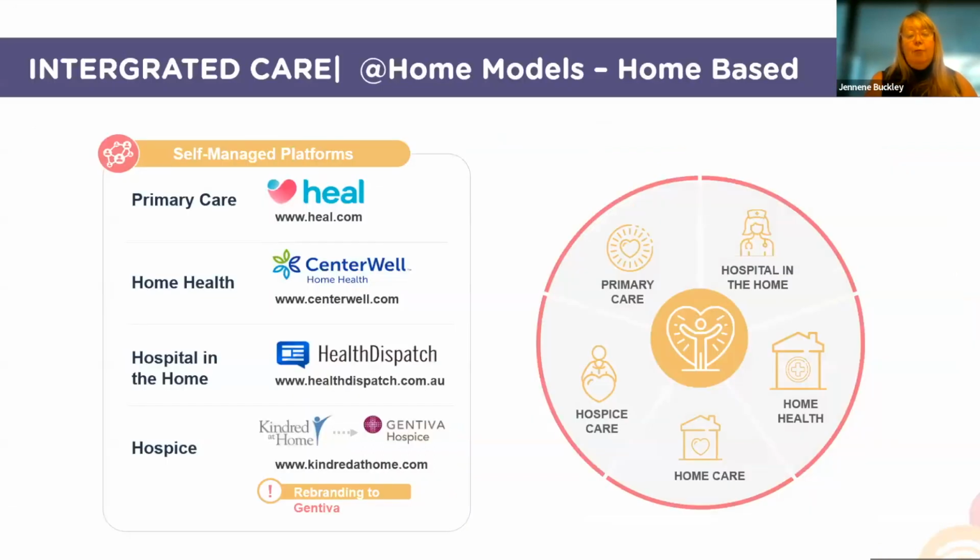And then, of course, in the outreach or in-reach model, particularly in the US, we saw examples of a number of key organisations coming together as a collaborative to provide intense hospital in the home, palliative care, as well as post-acute programs.